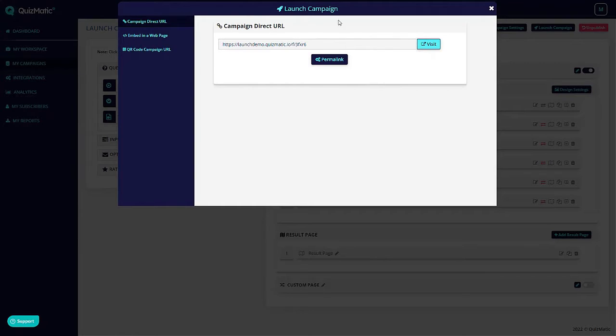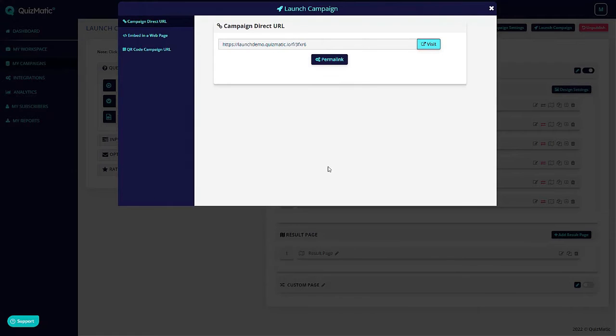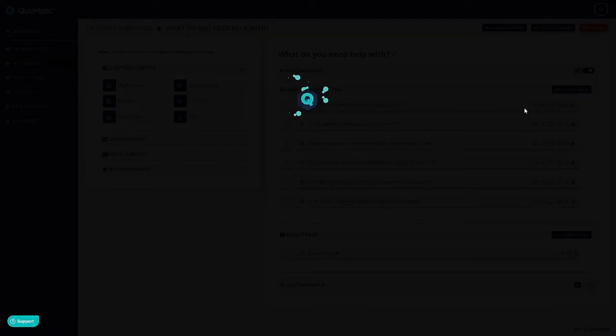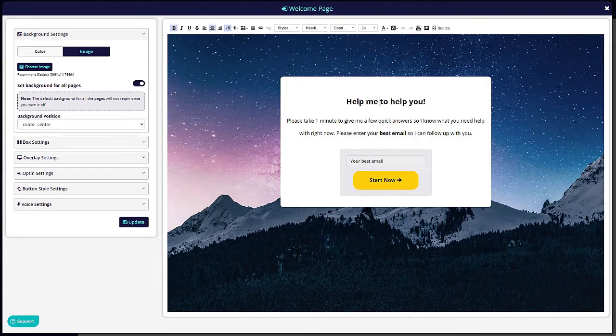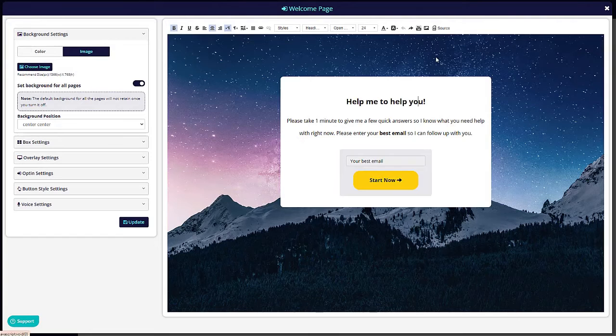And that's just two little permutations of going through this particular quiz. So I'll show you how that's all set up in here now. So first thing is you've got the actual quiz setup, the welcome page you show people at the start. So we click edit. You can edit everything here, from just visually editing whatever you want in here, all the text, and you can do all the normal formatting you'd expect, right down to embedding your own custom videos, images. You can even go in and edit the code,